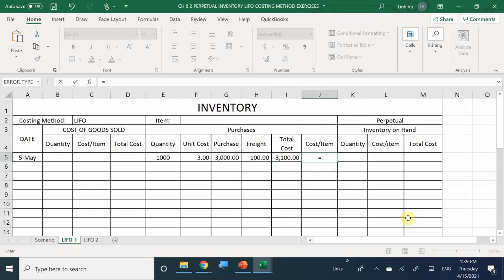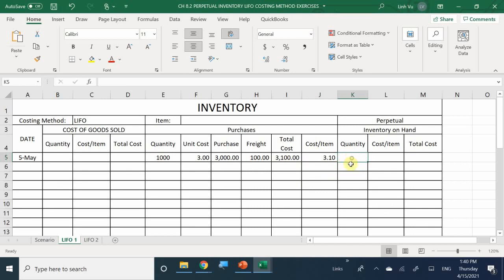And then lastly, how do I determine my cost per item? 3,100 divided by 1,000. Good. $3.10. So right away, now that I completed my section 2, I can move on to section 3,